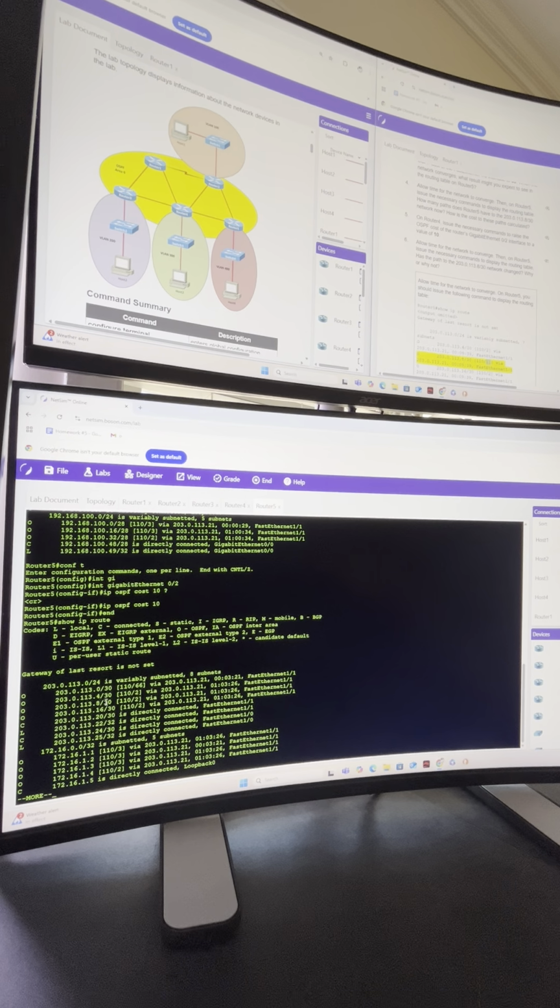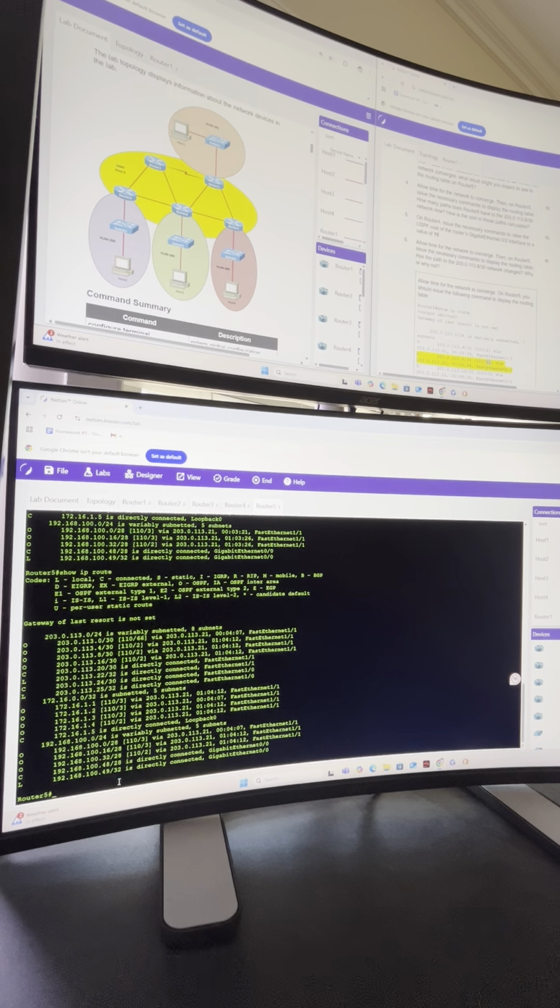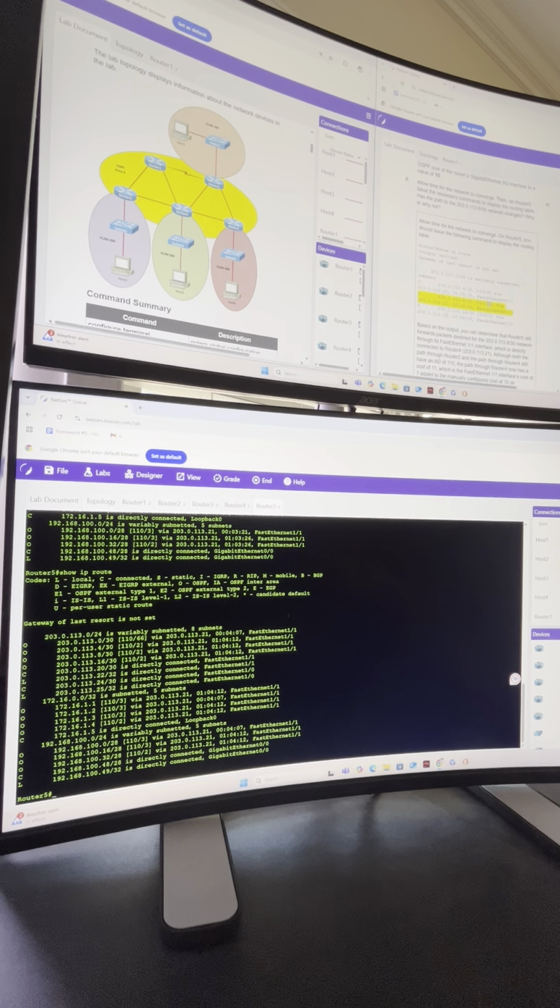Oh, okay. Well, I'm actually looking at the wrong one, but it still has a metric of 2. So let's try that one more time. Yep, so it's still showing as a metric of 2. Not sure why, but it just may be an error in Boson. But even Boson